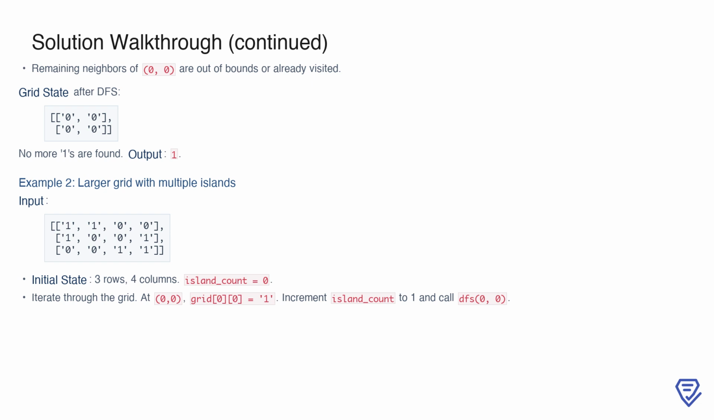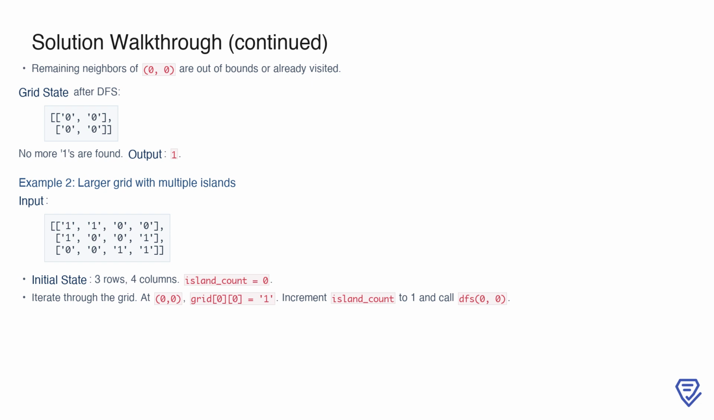Next, let's consider a larger grid with multiple islands. The new input grid has 3 rows and 4 columns, with island_count initialized to 0. As we start iterating through the grid, the first 1 is found at position (0,0). This marks the beginning of the first island. We increment island_count to 1 and call the DFS function at (0,0) to explore all connected land for